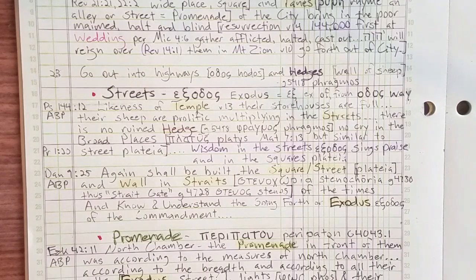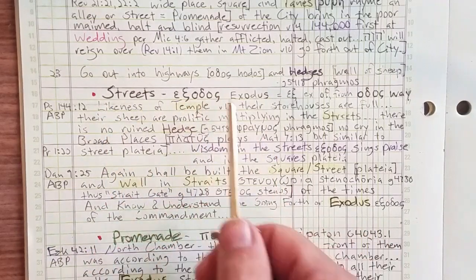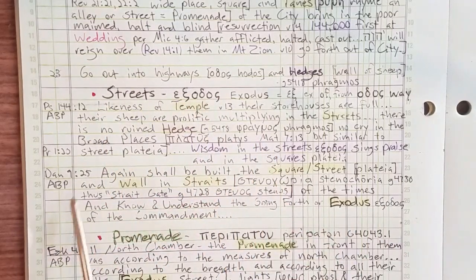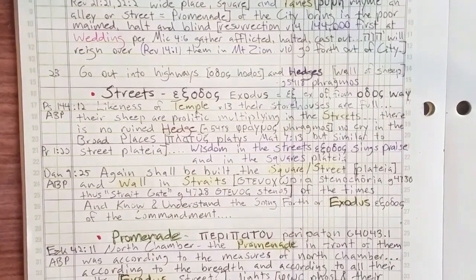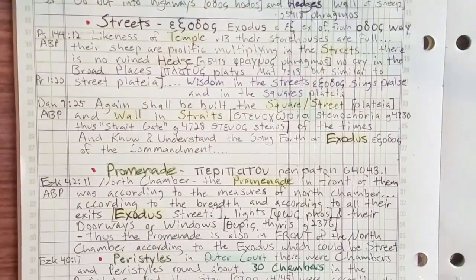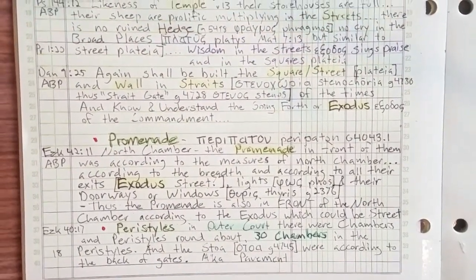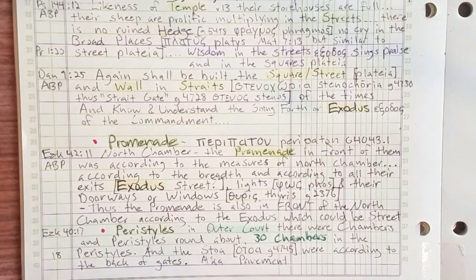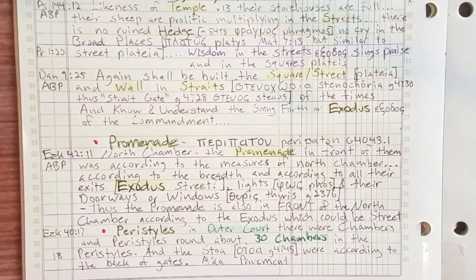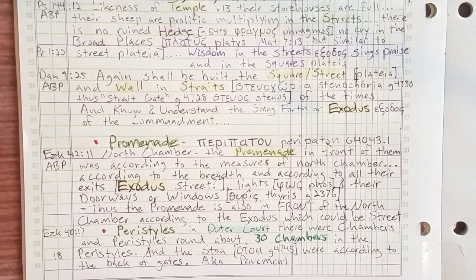So that's why there's things in the tribulation that are very exciting, okay, if you understand prophecy. That's why we teach prophecy. Okay, so now that we can see that the Exodus relates to streets, we see the Exodus in Daniel 9:25, and we see the street, platia, the walls and the straight being rebuilt, okay? So very, very exciting fulfillment of prophecy that we would once again look at the temple, look at its architecture, show the pattern,